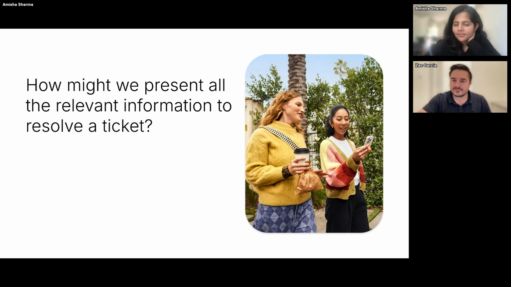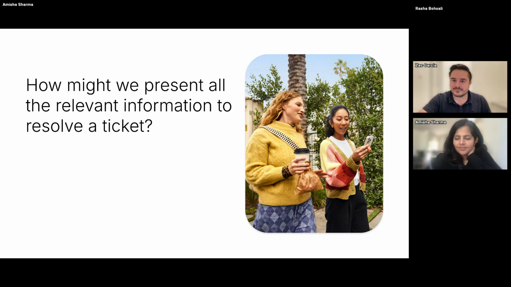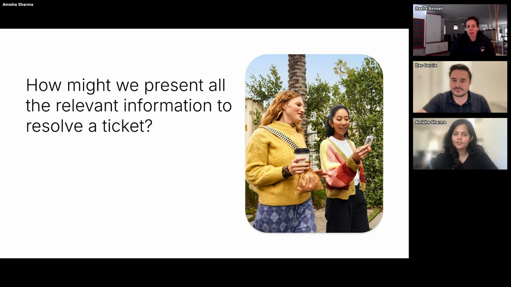Go ahead, Rasha. Yeah, so often I feel that the limitations also come from the systems we use, right? Like I feel it's less a Zendesk problem, but it's more about how our other systems can report on relevant information to solve a ticket versus having to really investigate multiple systems. So it's more about the reality of what I see. I was reflecting about this. Because we're seeing how we can simplify how the data from other systems is pushed into Zendesk to allow for this resolution. So I didn't really provide an answer here, but just kind of to give you also a note